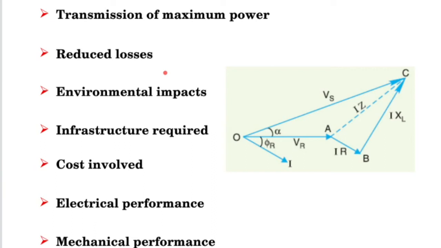We need to make sure that we put enough infrastructure and that it is strong enough to be working there for the designed period of life, maybe 25 or 30 years. So infrastructure must be strong enough. And when we want to make it strong enough, we must again consider how much cost is involved. We don't want to spend too much money